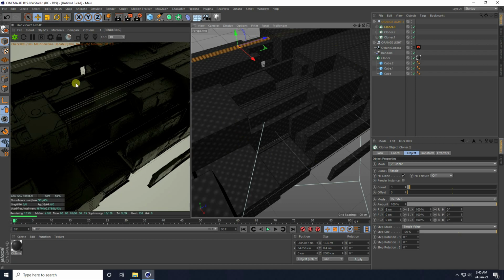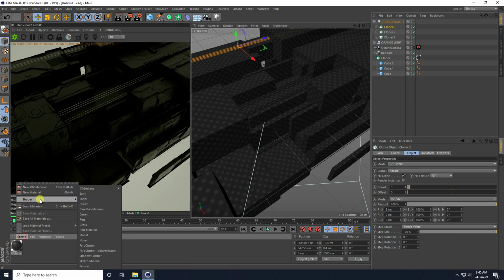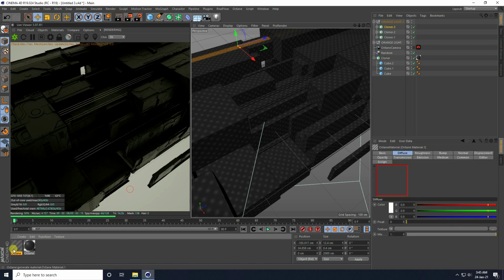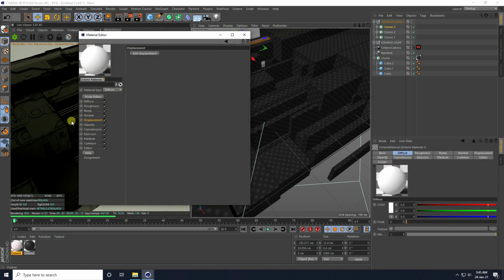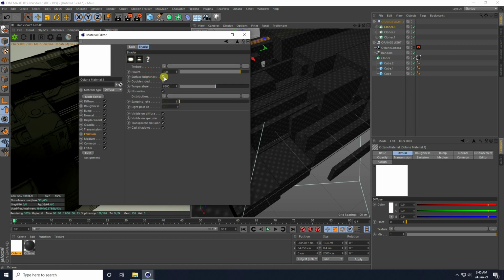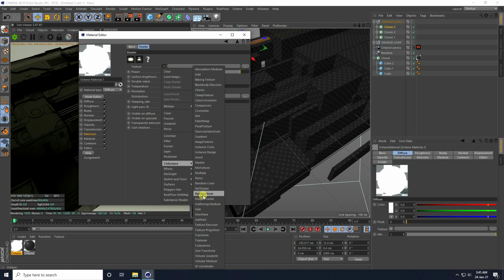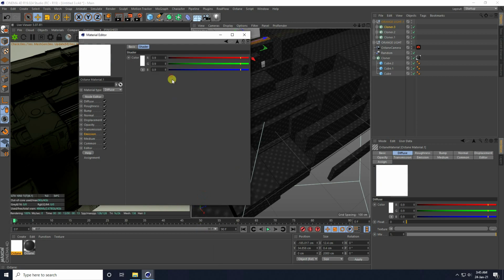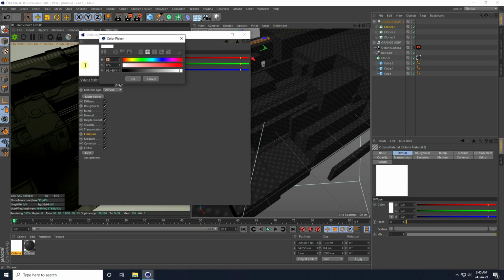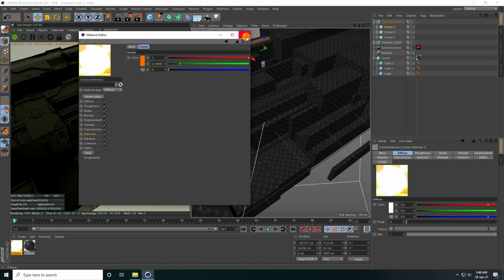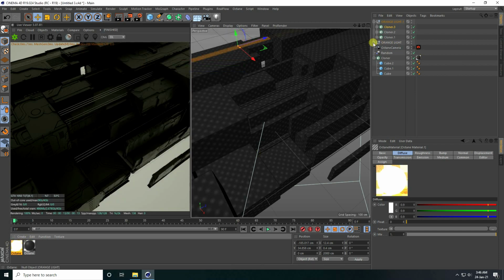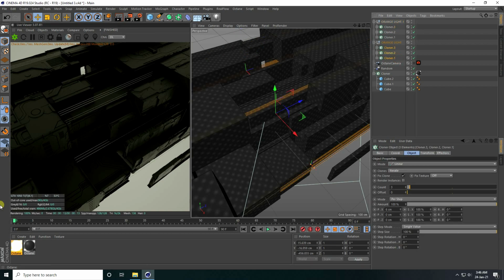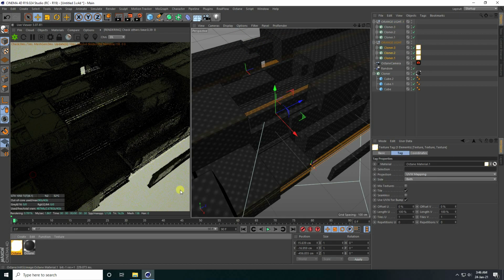Composition is really good. Now I create a material for the lighting, an Octane material, and double click. I go to emission and check black body emission, surface brightness, double sided, and take RGB spectrum. For this RGB spectrum color I take orange. That's my color. Apply it to the cloner. Select all cloners, right click and apply.